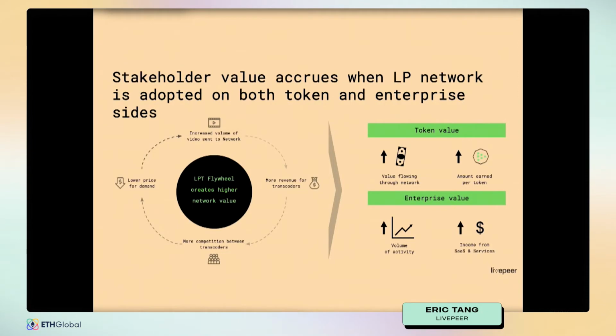That drives the demand of the token, which over time creates more value, creates more volume for the network, right? And that kicks you into this flywheel.